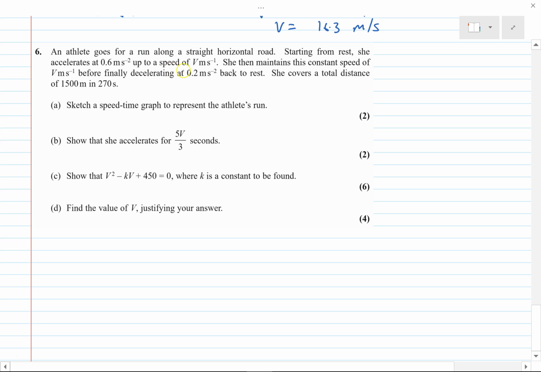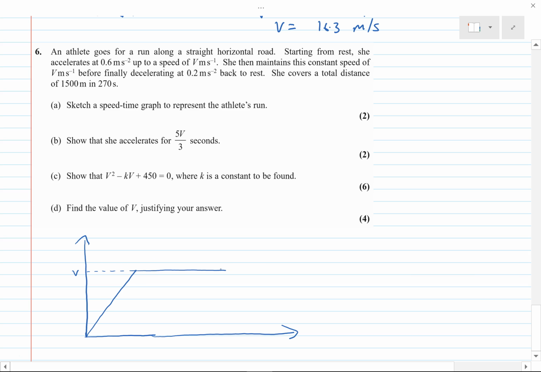It's told us the speed it gets to at the top, but then you have to set up this quadratic equation in v. I say I have seen this type of thing before, somewhere relatively recently. Now let's do this speed time graph. We're told that an athlete runs on straight horizontal ground, starting from rest, accelerates to a speed v there. Then maintains this speed v